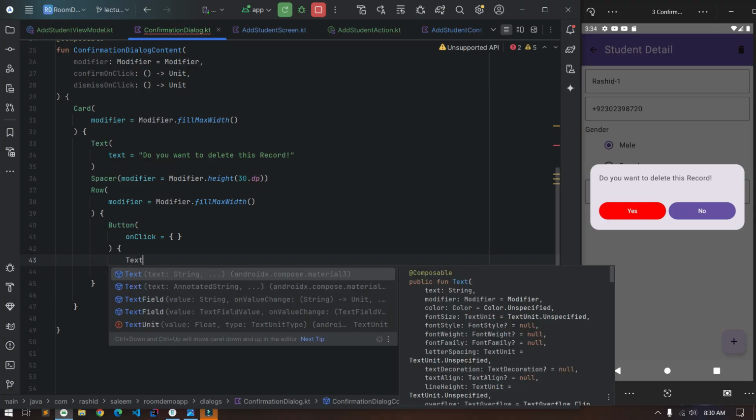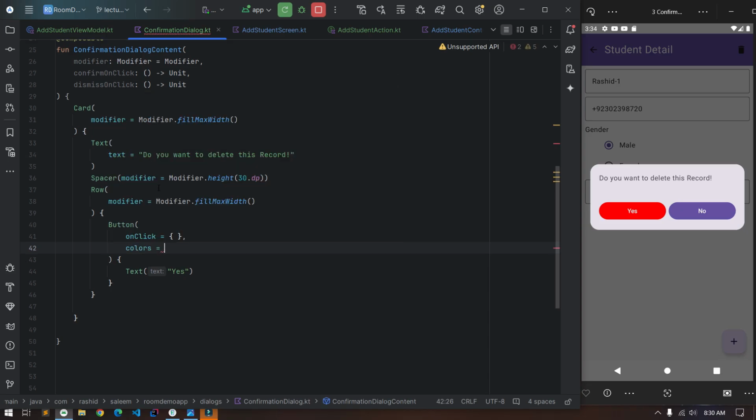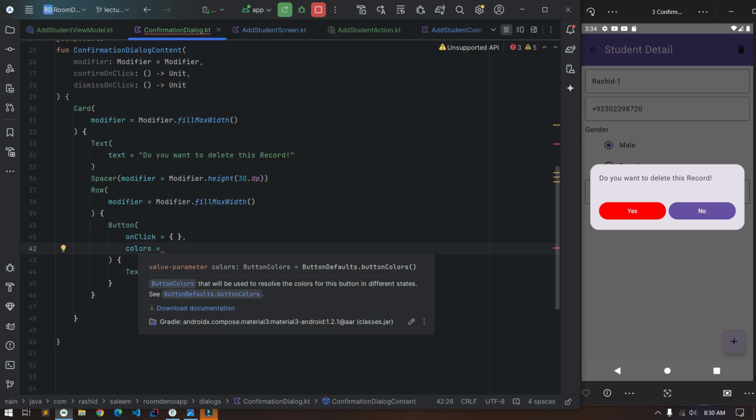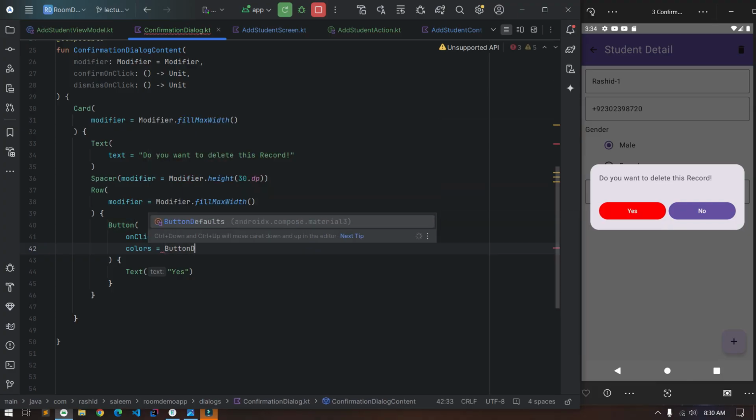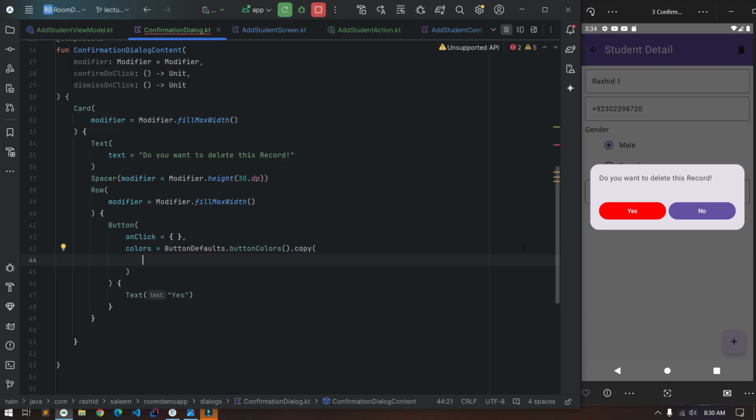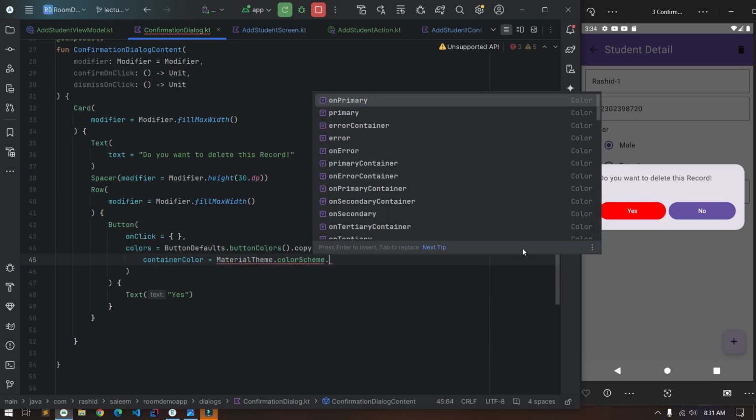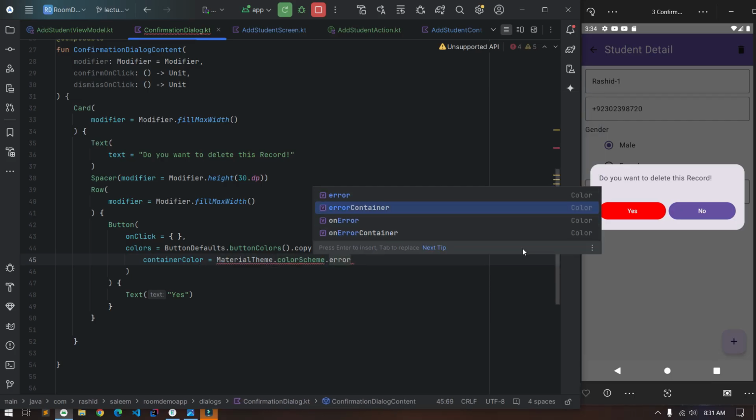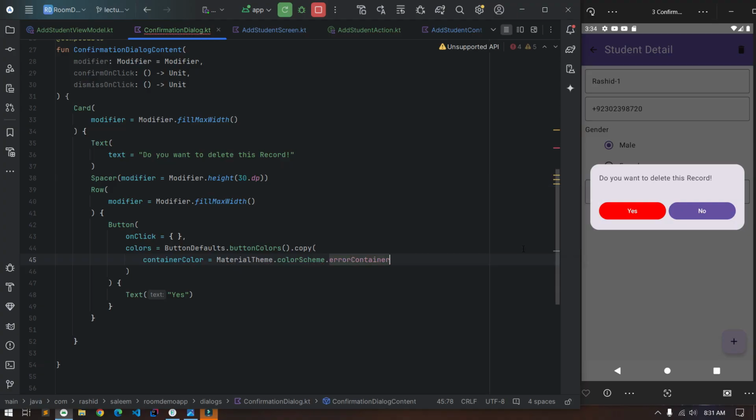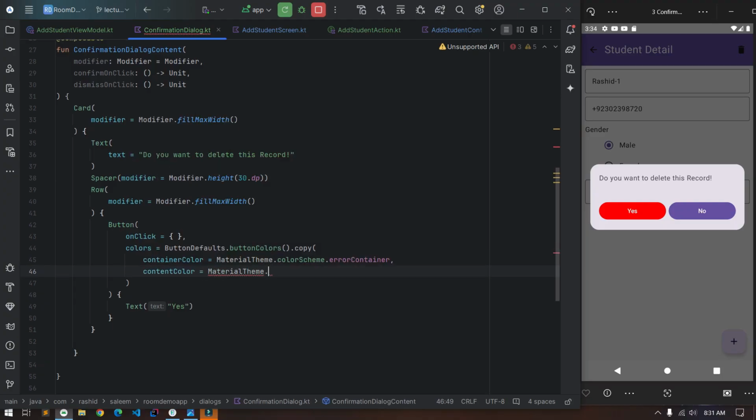which has the text yes, and the color of this one would be button default colors dot button colors dot copy, and the container color of this one should be red. So container color would be material theme dot color scheme dot error container, and content color would be material theme dot color scheme dot on error,